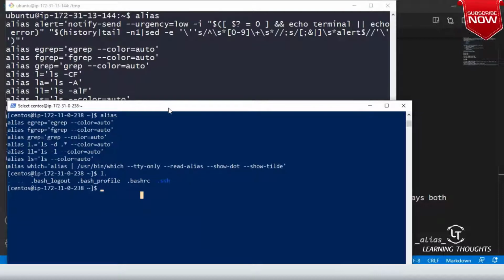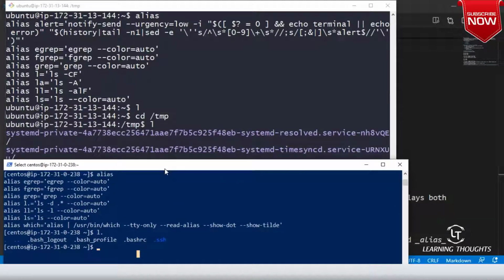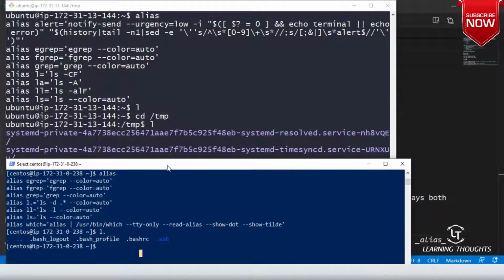So there are some aliases, and aliases are created for your functions. These are shortcuts. If you want to create an alias, you can create an alias of your own. For example, every time you don't want to type the whole huge git command, you can create your own aliases. Good, sir. So this is what aliases are.